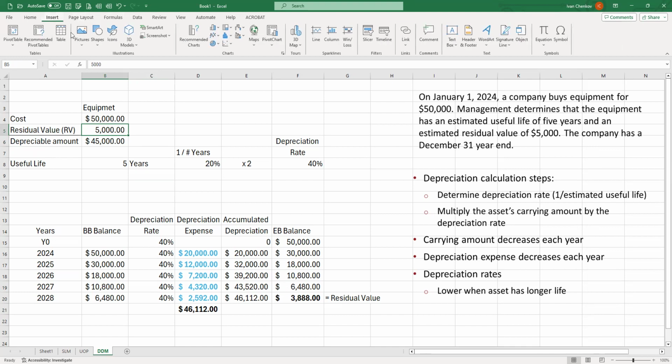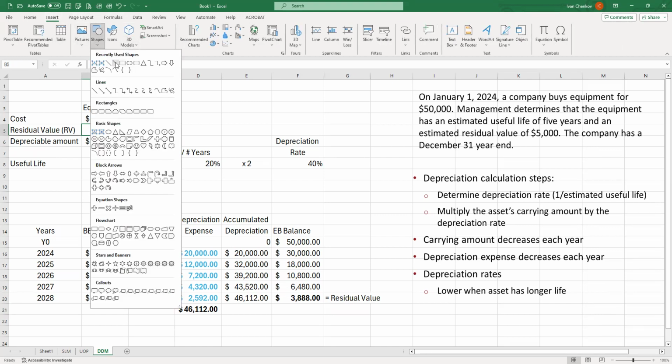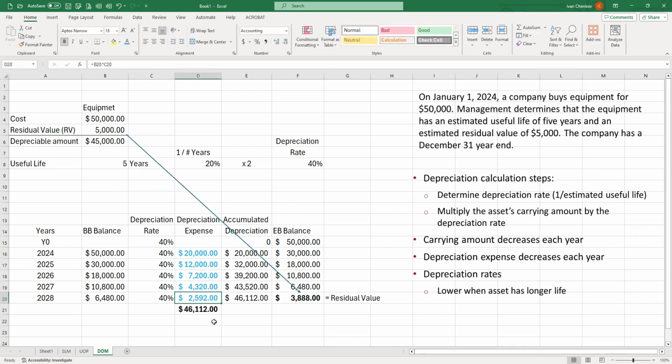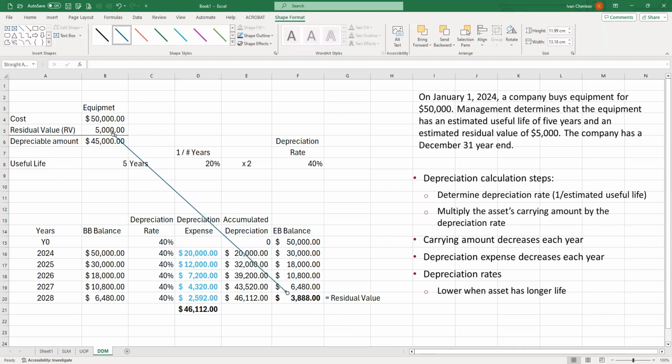What shall we do? Last year, when we applied the double declining method, we literally had to manually adjust the last year's depreciation expense in order to reach our residual value. So whatever formula you're using as a percentage, you have to ignore it and bring it manually to